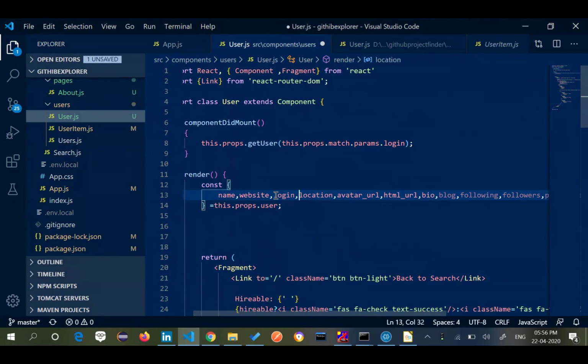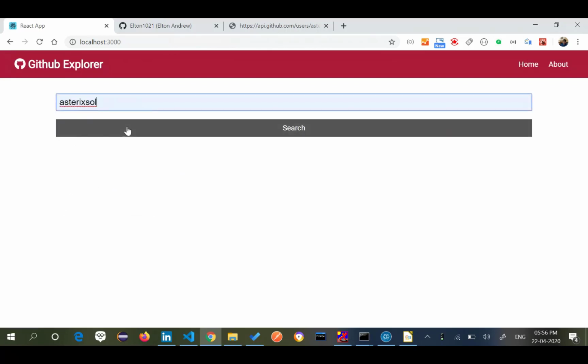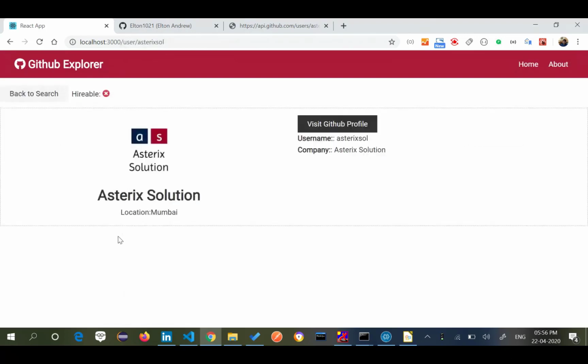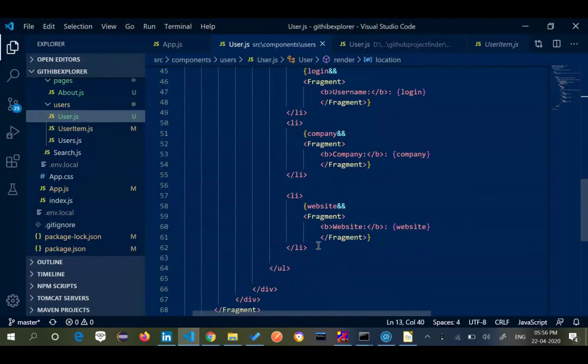His username is there, but he hasn't defined any company. But if I do the same thing for my account, see, it is showing I don't have a bio, but I have company and I have got the username. Is everyone clear on this point? Both of us do not have the website.